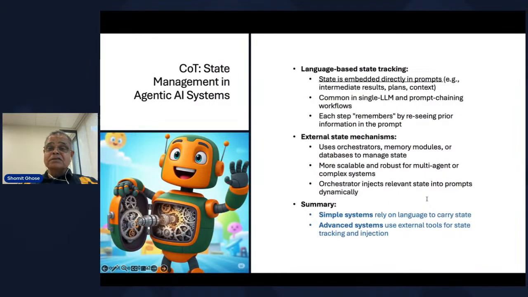If you're a computer scientist, you might consider the concept of state and how you pass state and maintain state in a program. With agentic AI, prompts are generally the vehicle for carrying state. In more advanced agentic implementations, that you'll see on the last bullet there, other tools and software might be used for managing state. But for the simpler agentic applications, perhaps it's the way that you embark on your projects. You can assume that state will be embedded directly into the prompts. So you embed the state into the prompts and pass that in your API calls to the LLM.